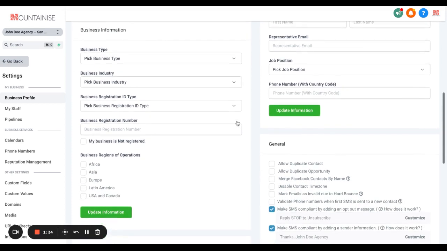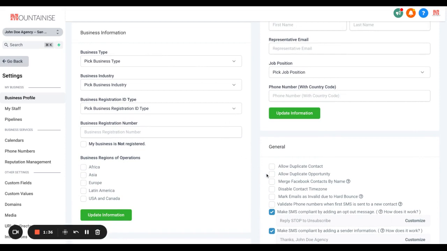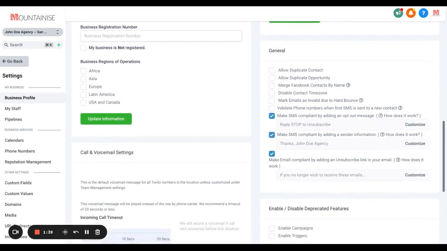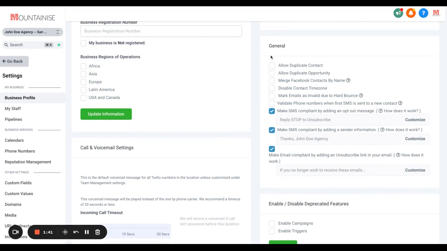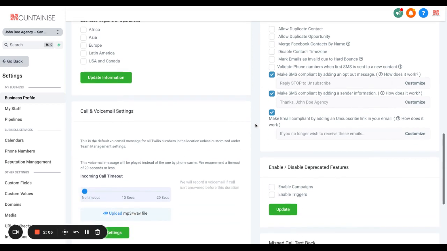Then your business information, which is not essential, you can skip it. And these are some other important things. By default, duplicates are not allowed. If there is a record with an existing email ID and someone is trying to create it again, whether manually or by the system, the system is going to reject it. If you want to allow duplication as part of your business need, you can just come here and allow this option, and make sure that all of the desired options are enabled as per your